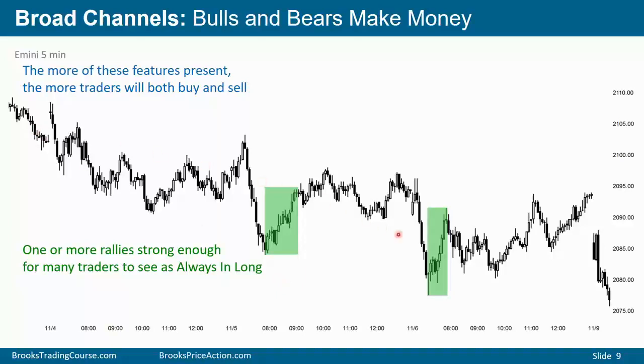Often when the market's in a broad bear trend, there are times that it's actually always in long, here and here. It's still part of a broad bear trend, but there are times when it's always in long and it's easier to make money buying. A very strong rally, probably going to form a higher low and get a second leg up. But the highs are still below the major lower highs, and this is a strong bear rally in a broad bear channel.